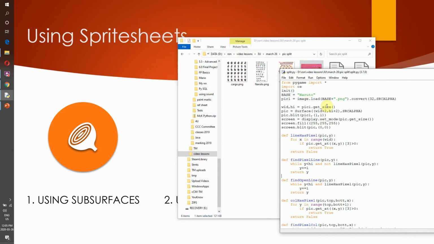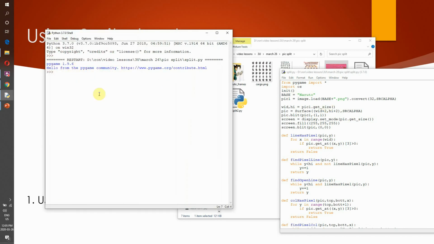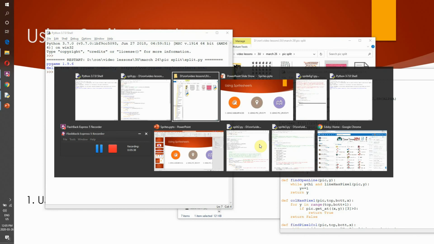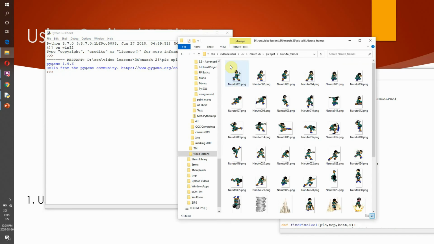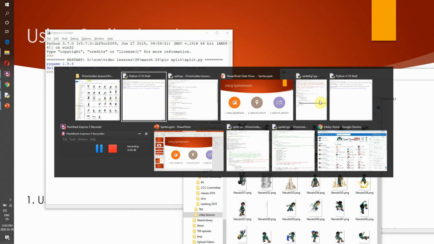Okay, so when I run this program, my program tries to find all of the pictures. And when it finds them, it breaks them up and writes them as separate pictures and just numbers them as it goes. So what it's doing, to get a feel for this,